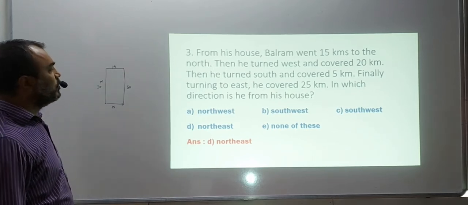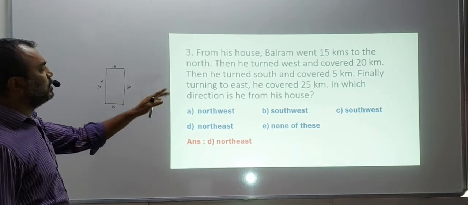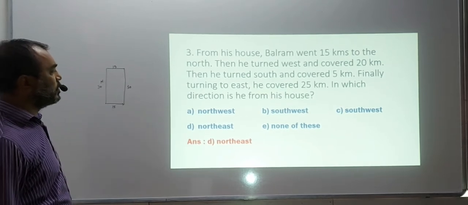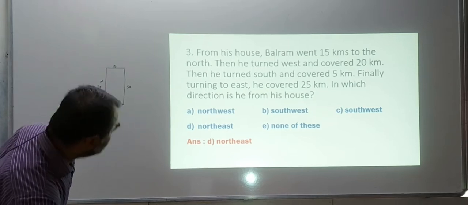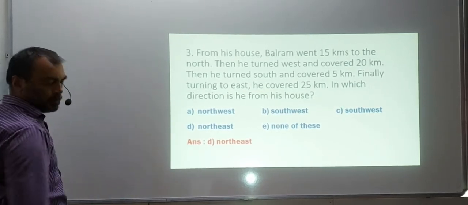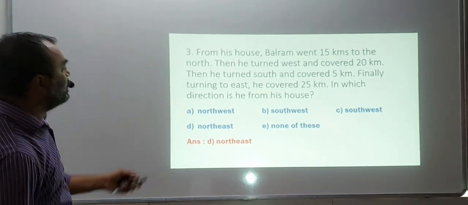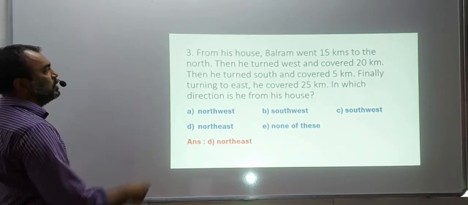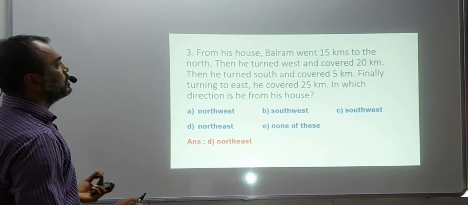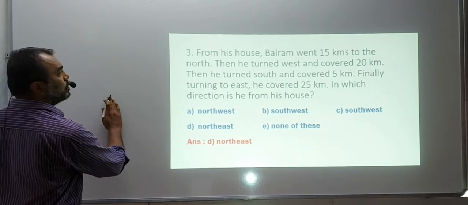Okay. So I've given you the answer here. What is the scene here? The answer I mentioned. Now I want you to work it out and check your answer. And from the next question onwards, we will try to do it on your own. Okay now? So here we have not got any direction, we have got no distance, but still the distance is mentioned. Balram went 15 kilometers to the north.